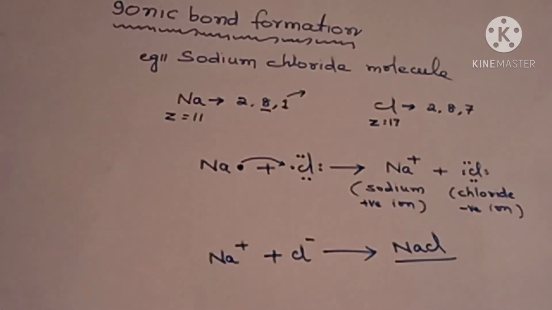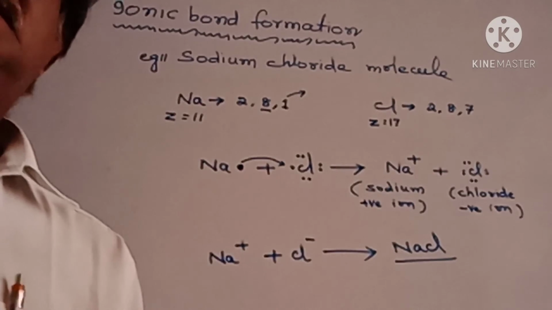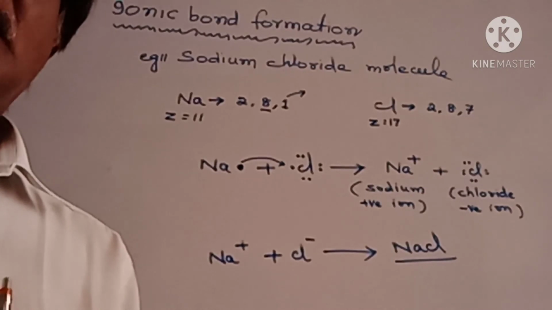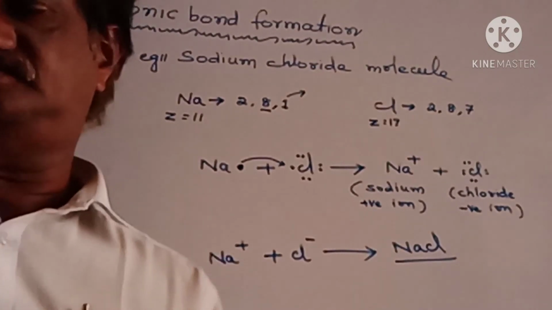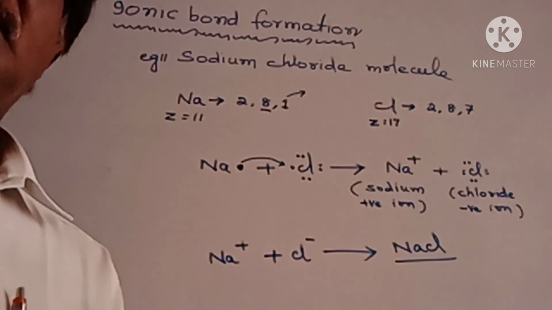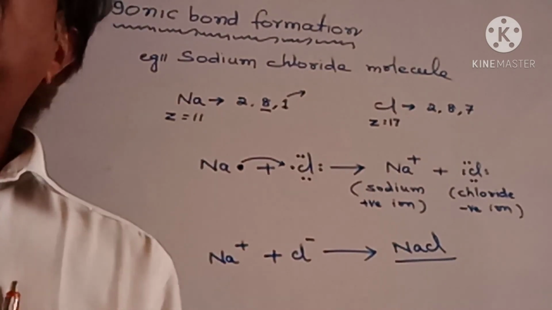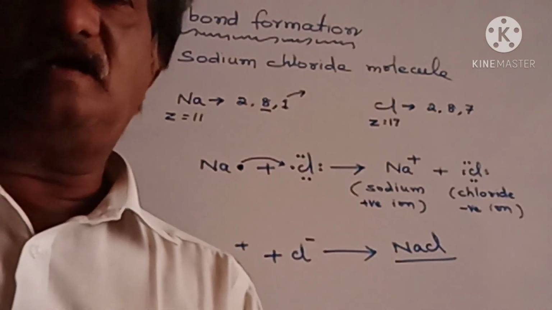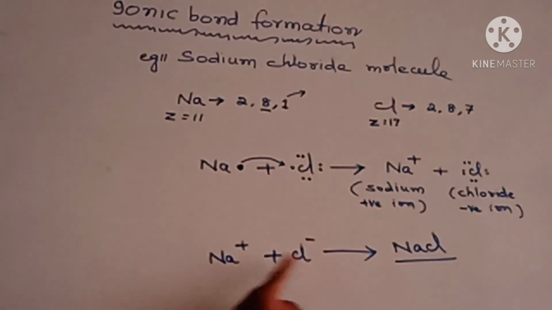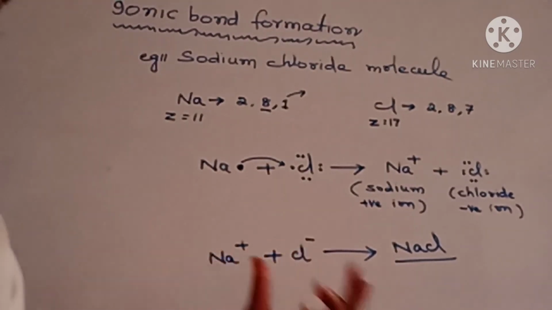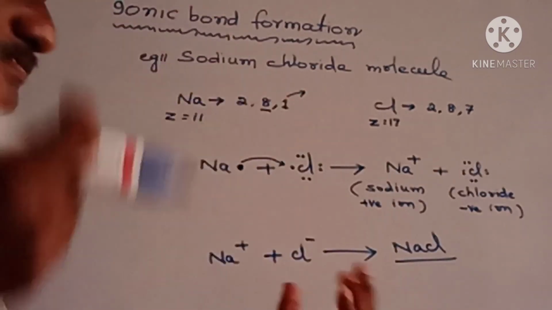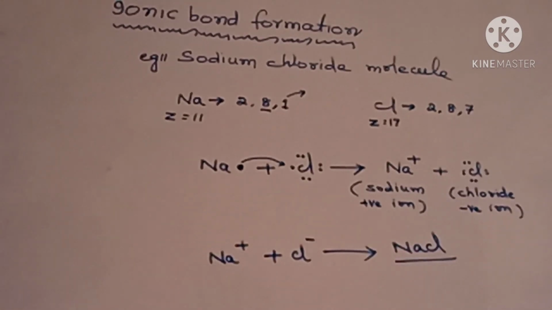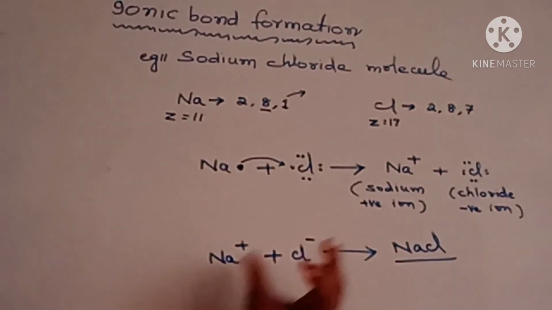What does ionic bond mean? Ionic bond means the force of attraction formed between two quite opposite ions. The force of attraction produced between two quite opposite ions is called ionic bond. Here also, these two are quite opposite ions. Between them a force of attraction is formed, meaning an ionic bond is formed. Due to that, the NaCl molecule is formed. So ionic bonds are produced in molecules.